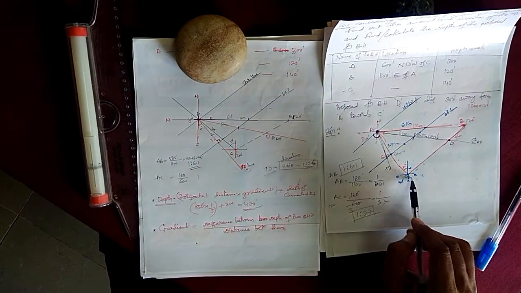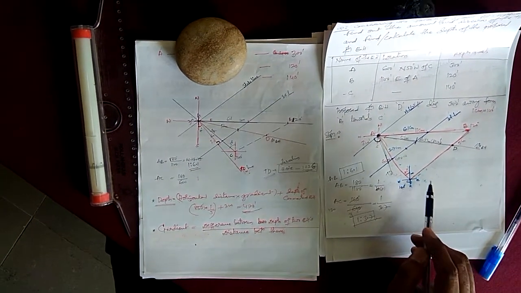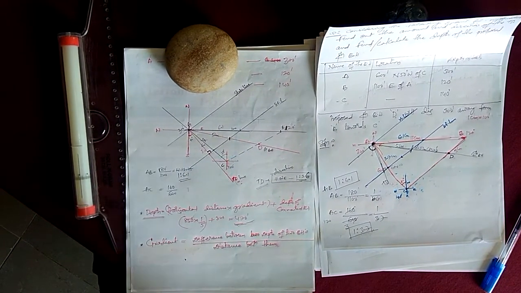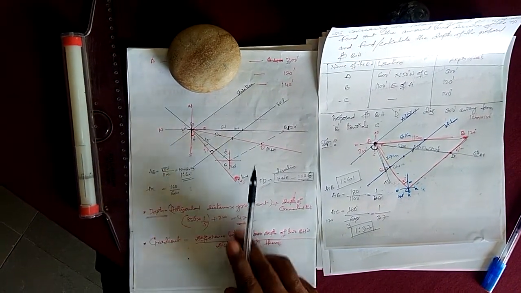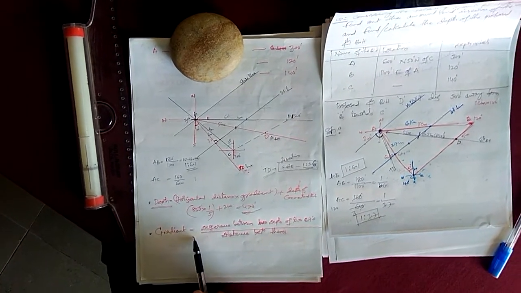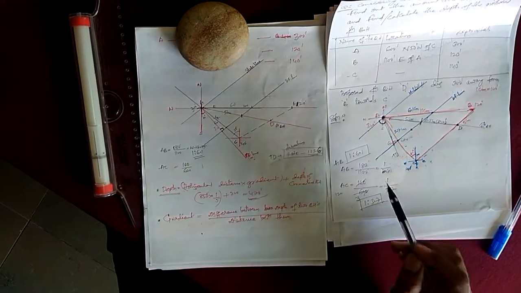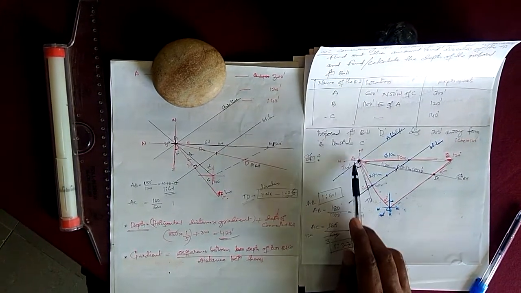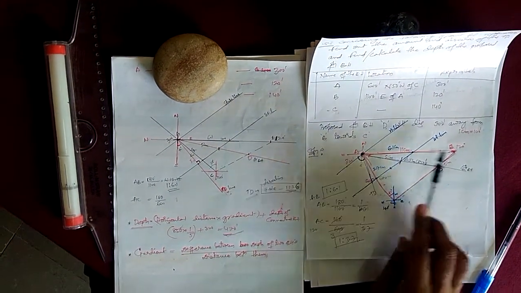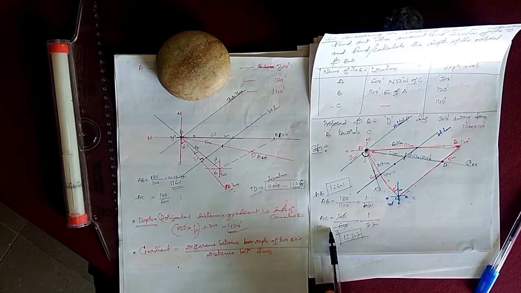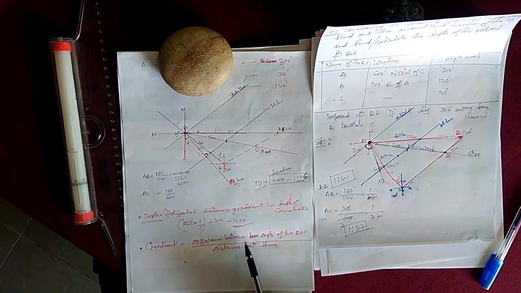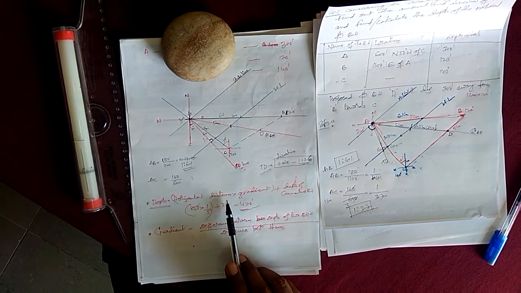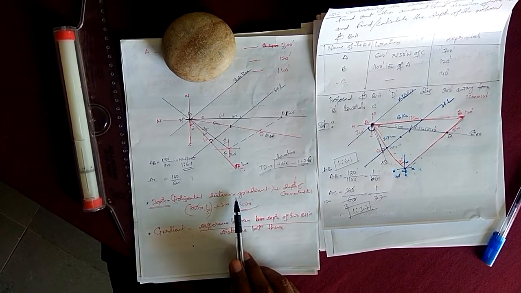This is how you have to draw. You take the scale and try to draw very sincerely. Somewhere you do get this type of figure. After drawing, you have to calculate the gradient. You have to choose a point which is connected to boreholes. A is connected to B, A is also connected to C. Gradient EAB and gradient EAC you have to calculate with the help of this formula. After that, you have to calculate the depth of the 4th proposed borehole, friends.